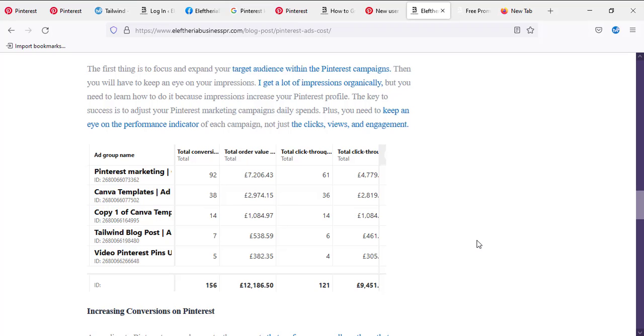But also you need to make sure that you get the sales, so you get the click, and also you need to learn the secrets of the algorithm. No matter what, there are secrets on Pinterest that you have to learn in order to grow. So it's simple as that. That's it. I thought I should update you on that one.